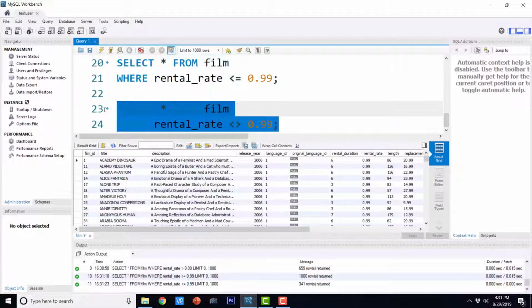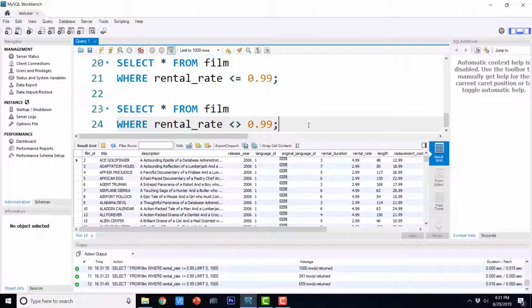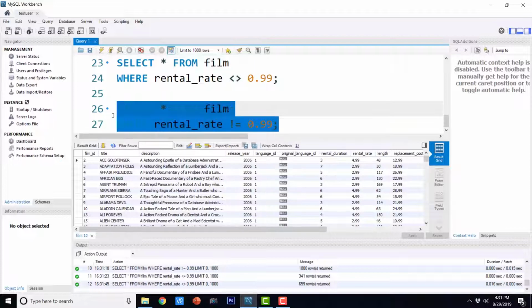So this is the not equal to condition. So this means that it is going to show us all the records that are not equal to 0.99, and there is another way of writing this. Let's execute this.